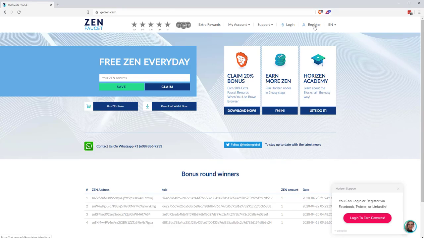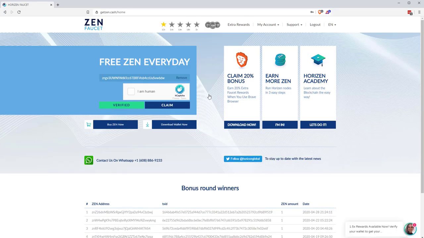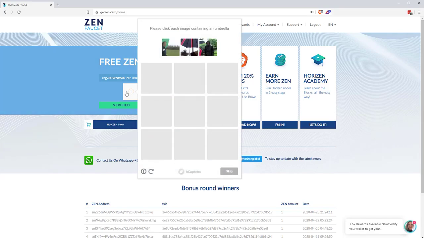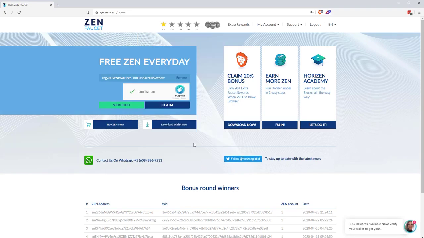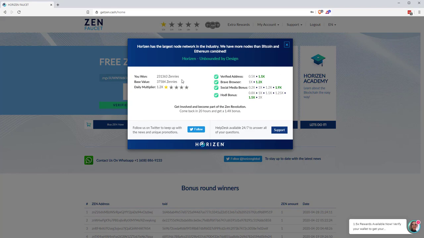As you can see here, you need to register for an account. So once you've signed up for an account, just log in. This is what it looks like when you get to your login page. Now you'll see various features which I will talk through in detail, but I'm just going to show you how easy it is to claim each day. So literally you just press the capture button. Now this has recently changed from reCAPTCHA to this hCaptcha, but as with all things captcha related at the moment, there seem to be check-in-similar-images type challenges. So you just complete your captcha, click claim,